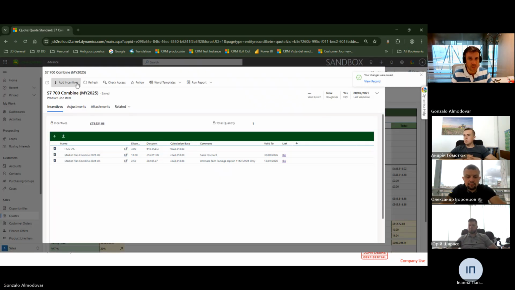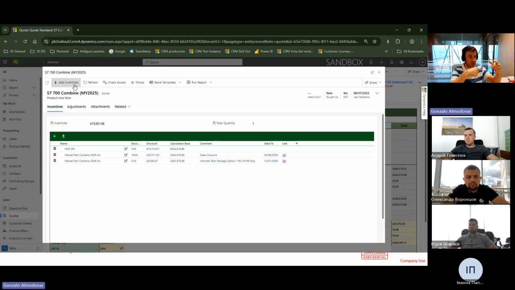Okay. Then once I finished, I can continue with the adjustment. So this is showing to me the amount calculated of this sum, right? Any question about incentives? It's very simple. So if I would review this quote in 5 months, some of those will be in red. They are not applicable any longer, so I need to review them and perhaps click on add incentives if there